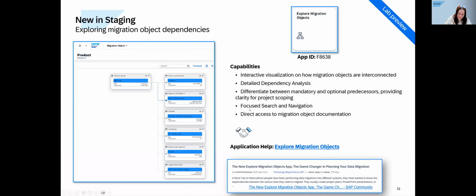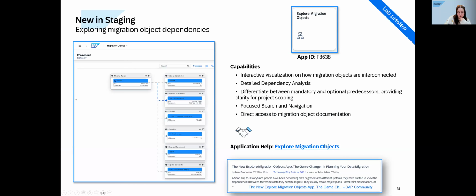And as Lisa mentioned, we received also the feedback that especially the preparation of a project, the scope definition of a migration project is sometimes very difficult. What needs to be done at first? Which objects are needed? And here we will also, with the next feature pack, introduce a new app, which is